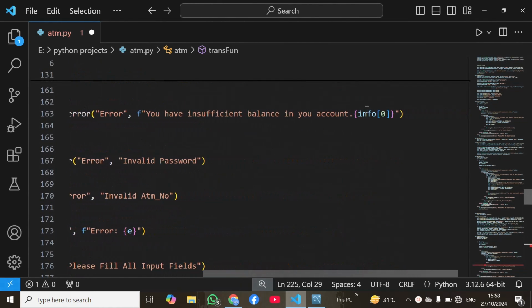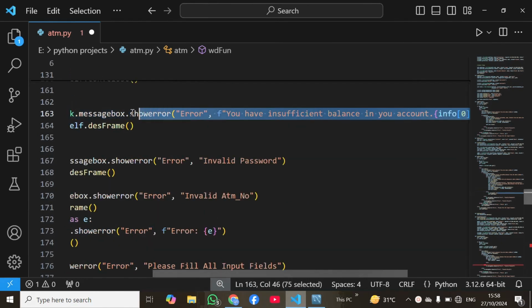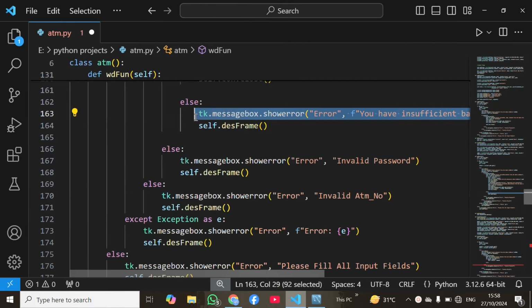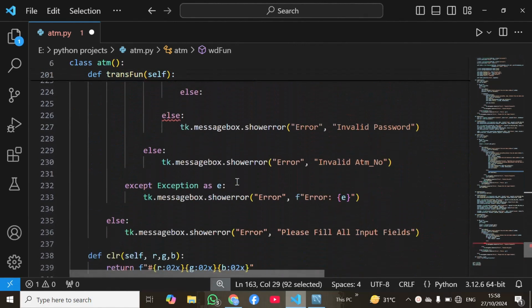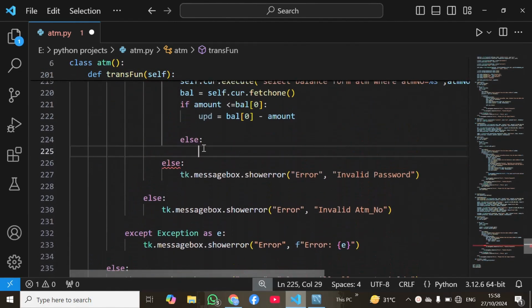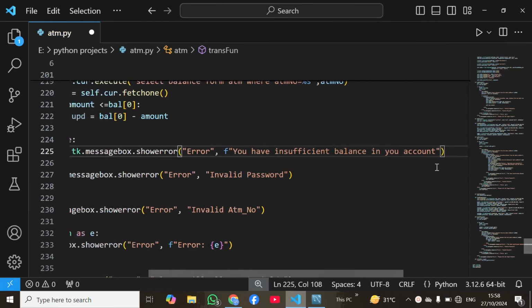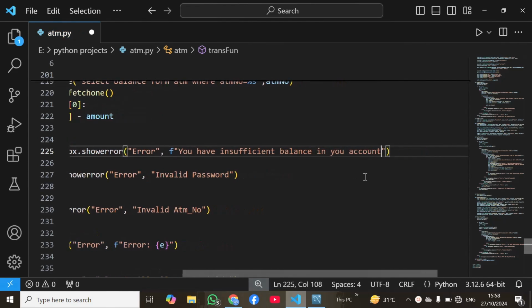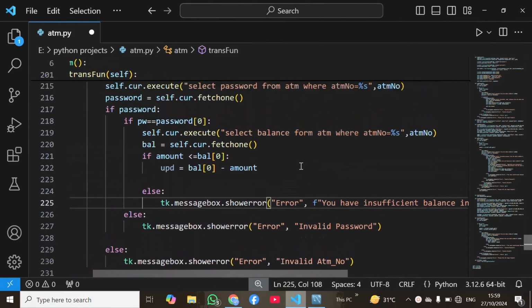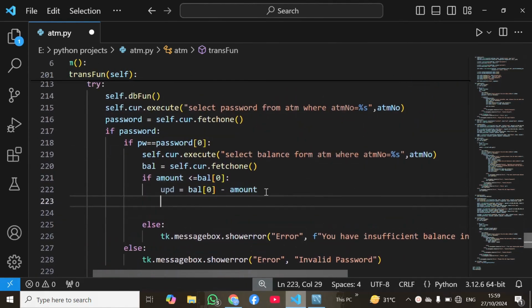I will copy this statement from here, and now I will paste it here. And now I will remove this account number from here. So you have insufficient balance in your account. This message will be printed, and if everything is fine, then we will update this amount or balance